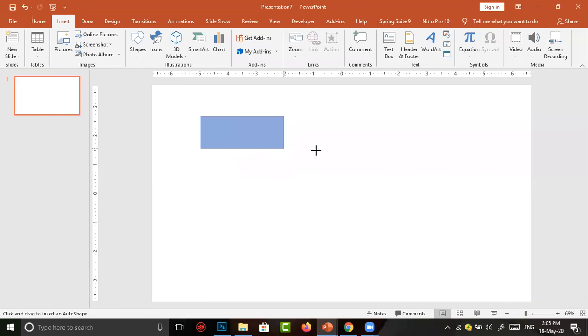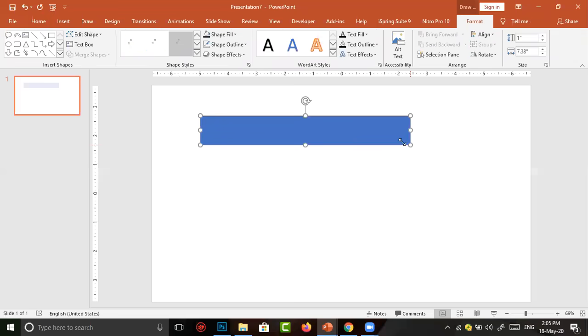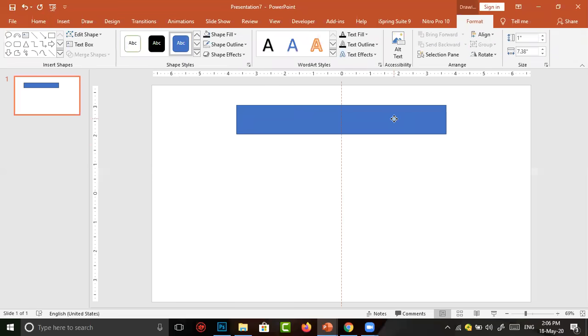Just drag it. We can get a rectangular box in which I am going to type the content I want. Before that, I want to decorate this shape. After selecting this one, the format option will be automatically enabled, in which, if you are inserting a box or any shape, this column is enabled.